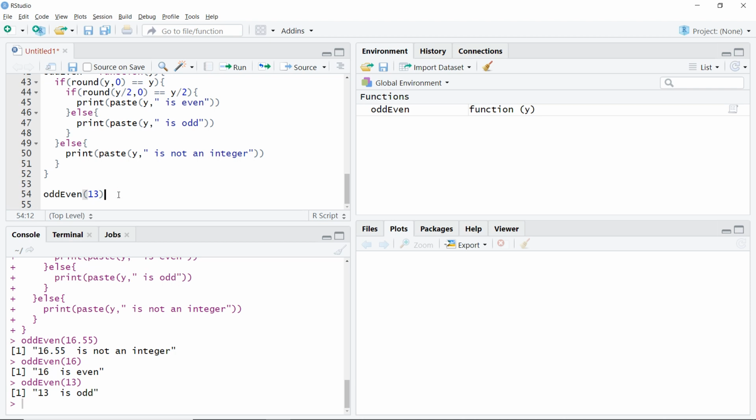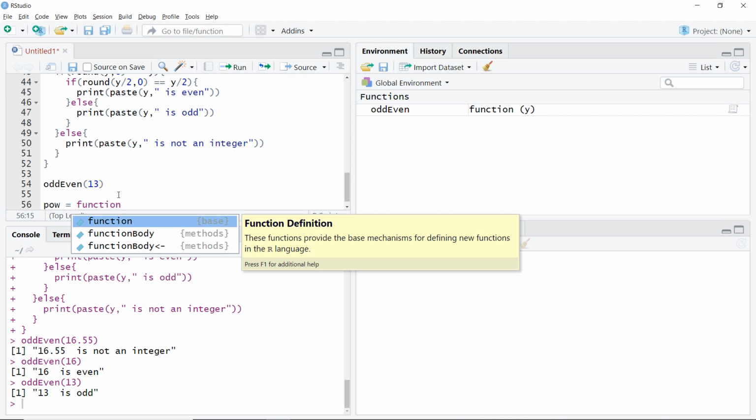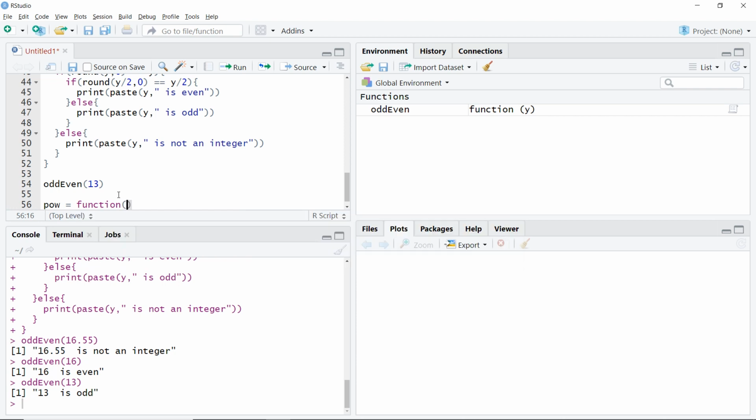Similarly, let's say I'll take another example for a function and I want to make a function that gives me a power value. So let's say I'll define a function POW and I'll write function, and in the argument I will take two values.